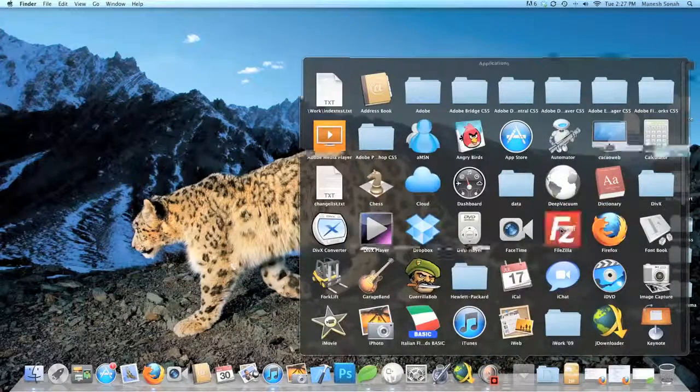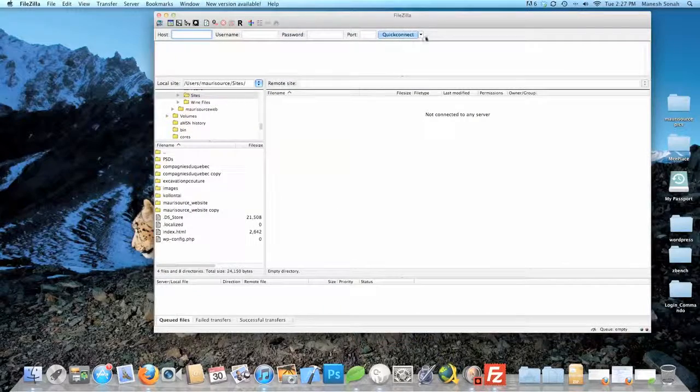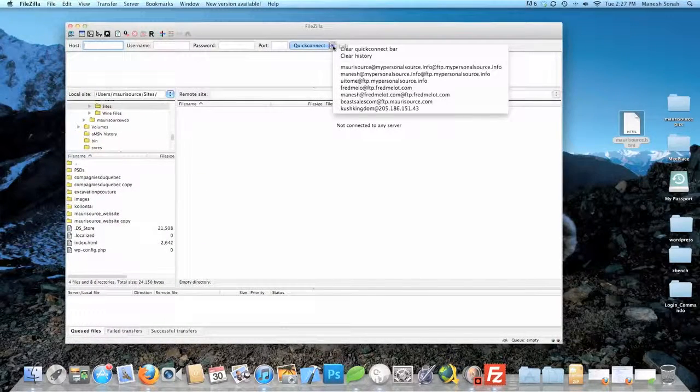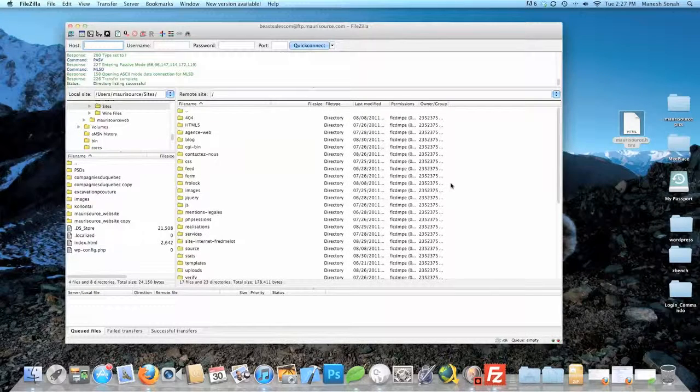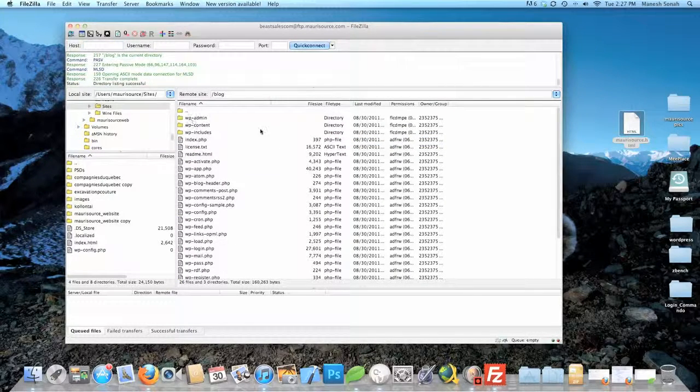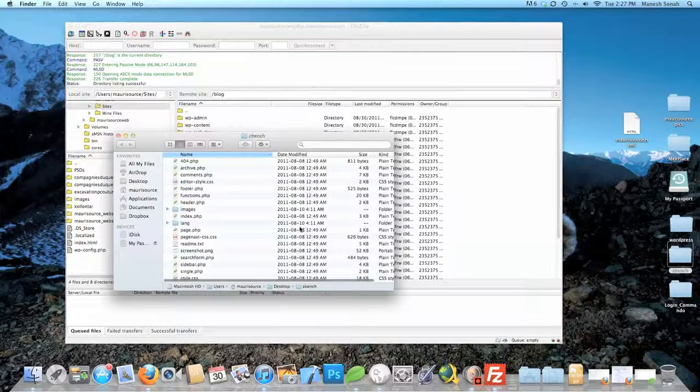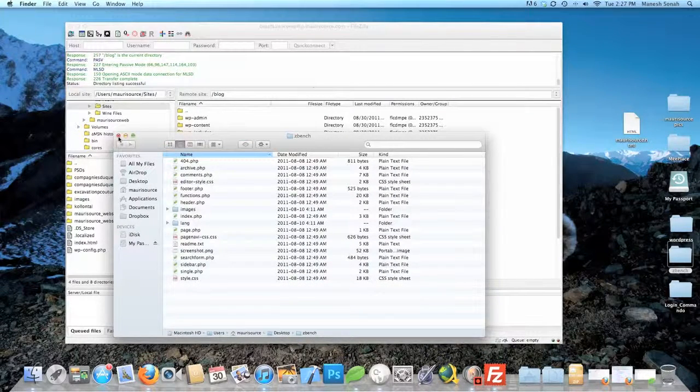So just open FileZilla in this space here. I will log in my appropriate server. Here we are in the WordPress files. So I just downloaded the ZBench, which is a free theme there. So I will just upload it in the